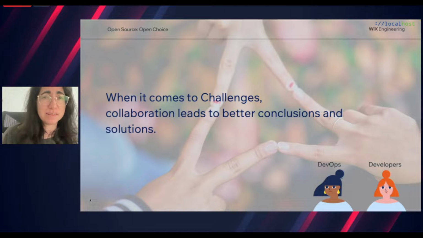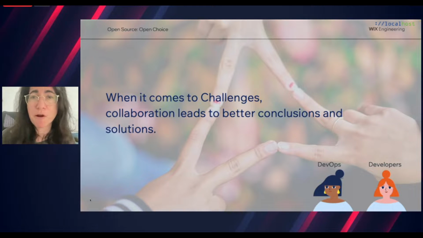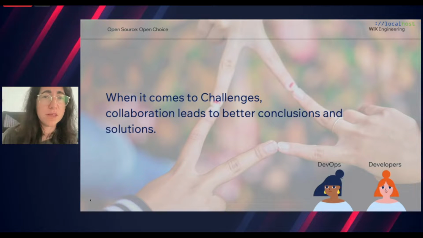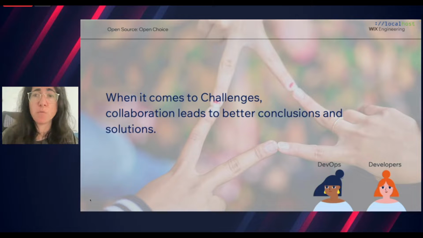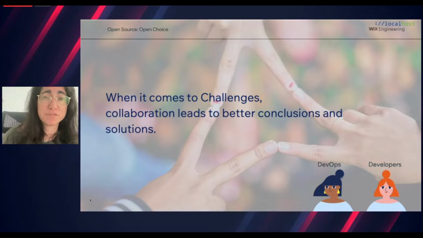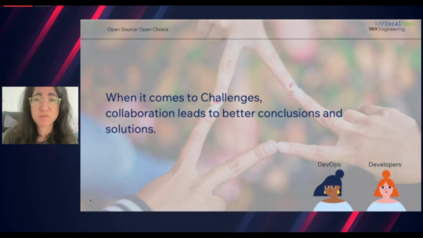Another thing is that collaboration is a common ground between DevOps and open source. And as you can see here, collaboration leads to better conclusions and solutions. And why? Because when communities form around shared challenges, then the diversity of ideas that naturally emerges surfaces better solutions.